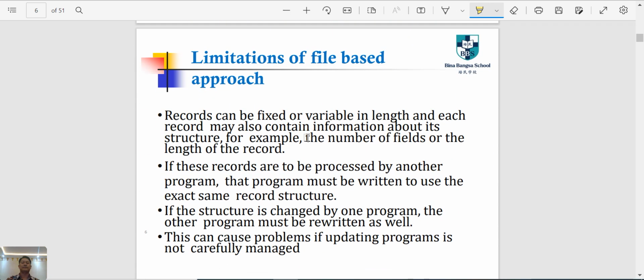So it's a complete package, not only on the database programming itself, but a complete package of the software. All right. So records can be fixed or variable in length, and each record may also contain information about its structure. For example, the number of fields or the length of a record. So let's say one student has a record, and each student has their own records, grades, the student development, and of course, the most important thing is the grades there, and then the different activities also that they had actually